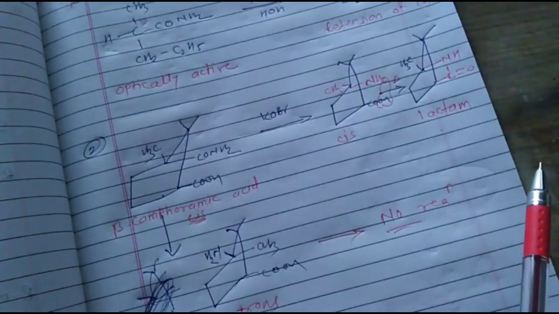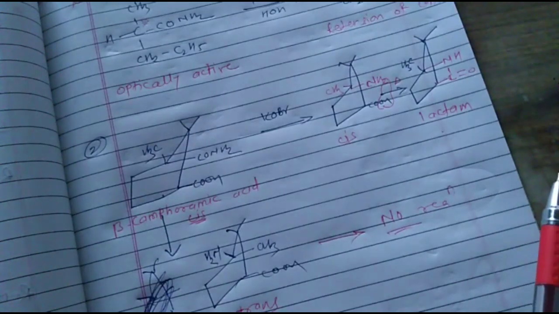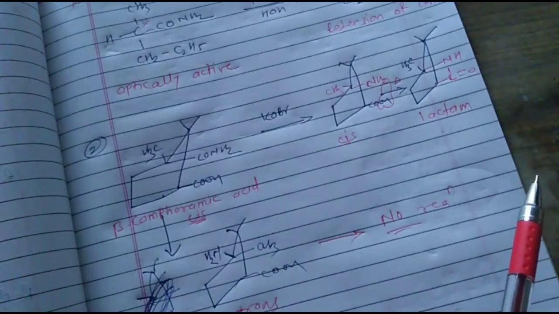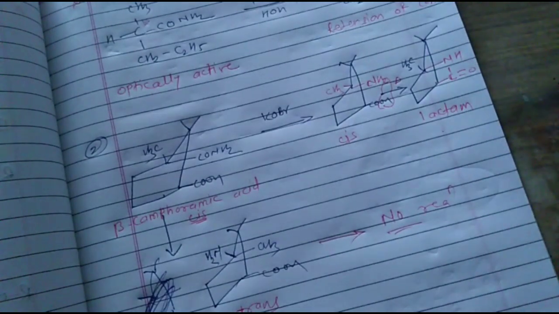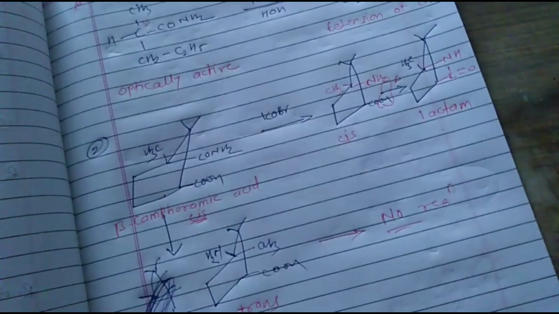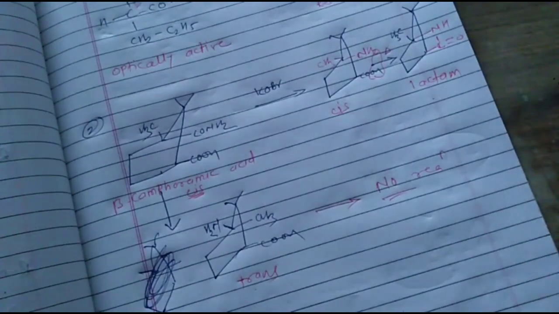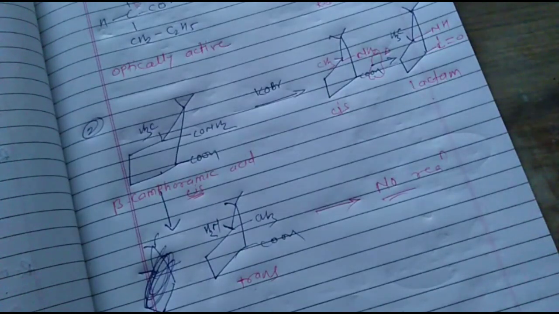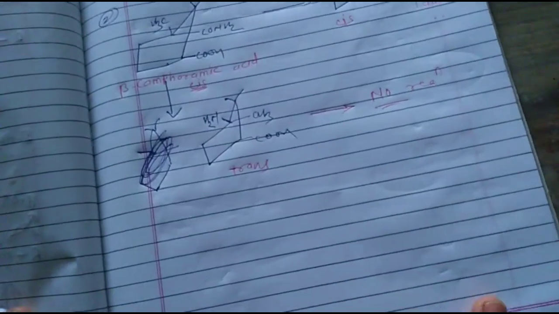Here this optically active compound always gives the optically active amines, but if the migrating group had been completely free, the product would be a racemic mixture instead of optically active, due to the rotation about the carbon. Okay, here this is the assignment for you.